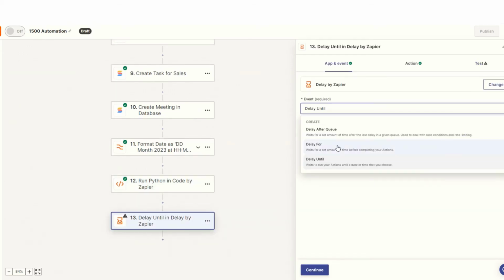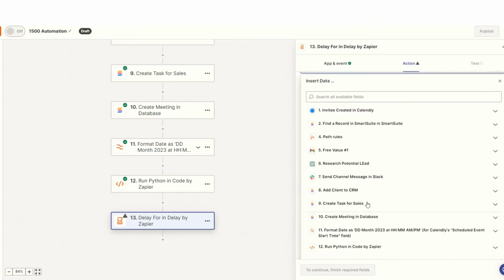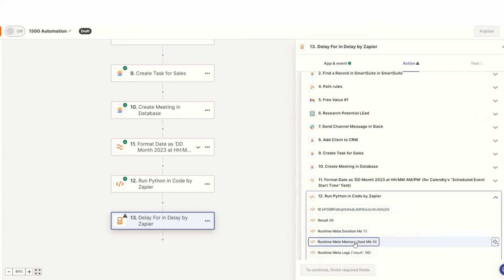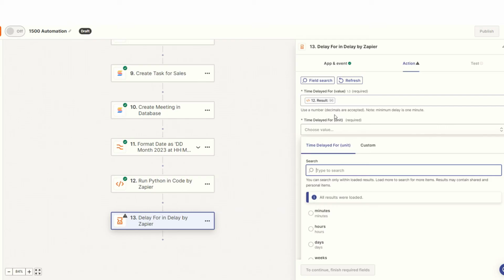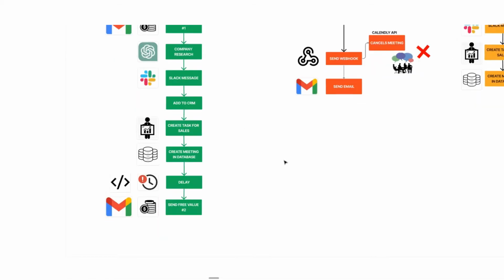Then we're going to go to the delays by Zapier. We're going to put delay 4, continue. And here we're going to enter the value we just calculated using the code, which is the result. And then for the units, it's going to be in hours. Simple as that. So guys, the next thing we want to do once our delay is completed is just send